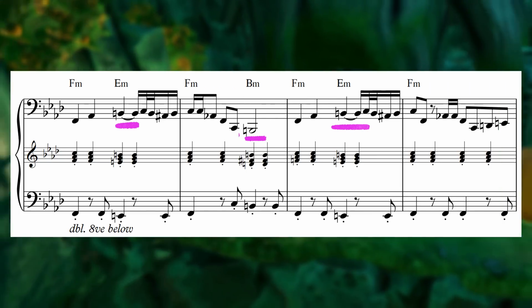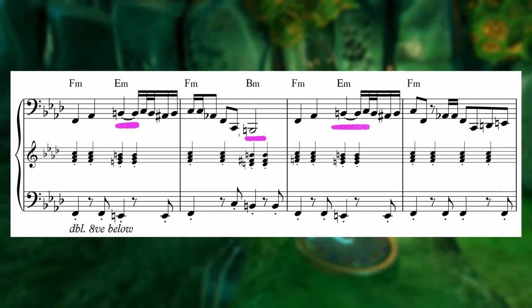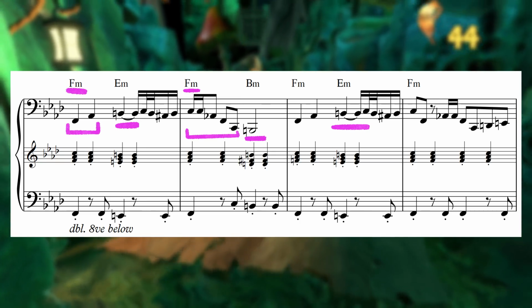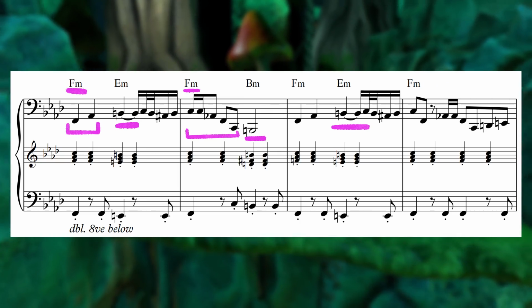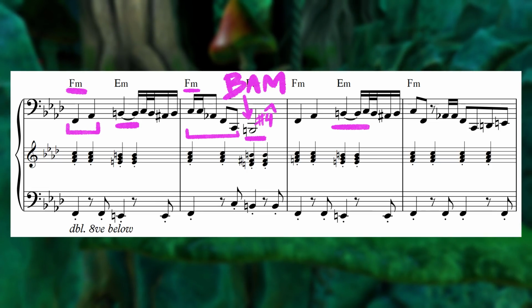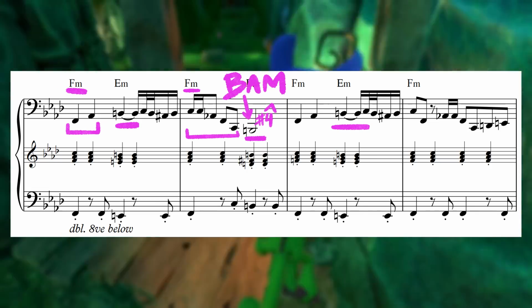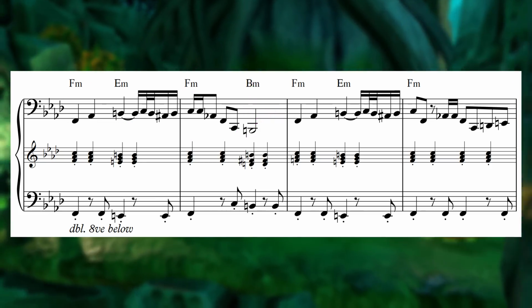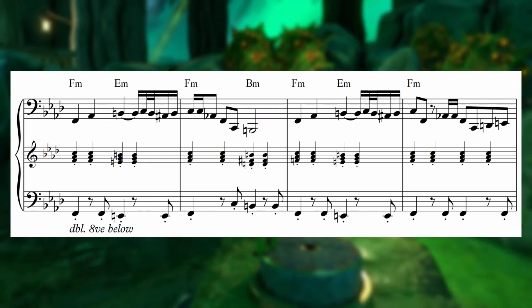In a sense, it's the same compositional idea that we heard in Banjo-Kazooie's Mumbo's Mountain theme, a straightforward melody in the home key diving to an out-of-key note on beat 3 to accentuate the jarring chromatic shift in the harmony. In the case of Moody Marsh, however, Kirk Hope uses a much broader harmonic palette to create these jarring shifts.